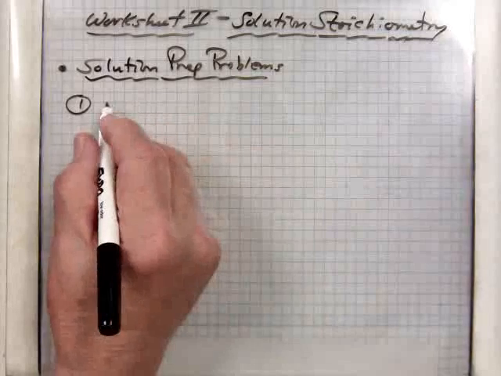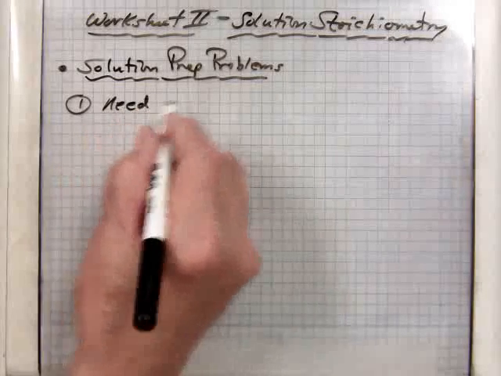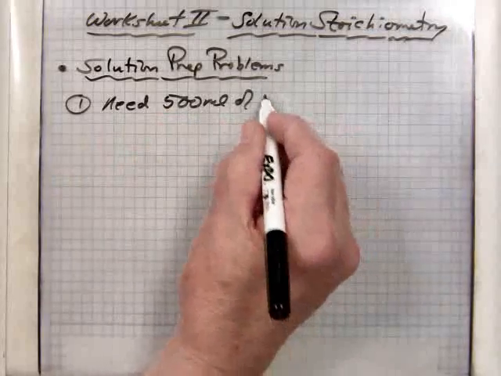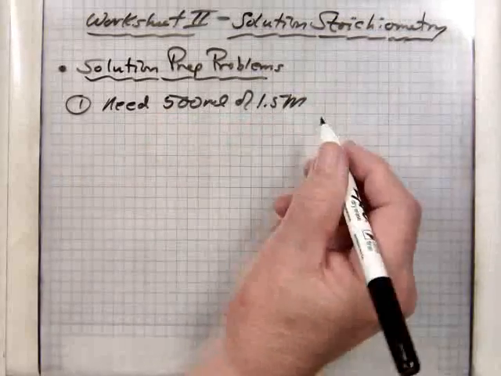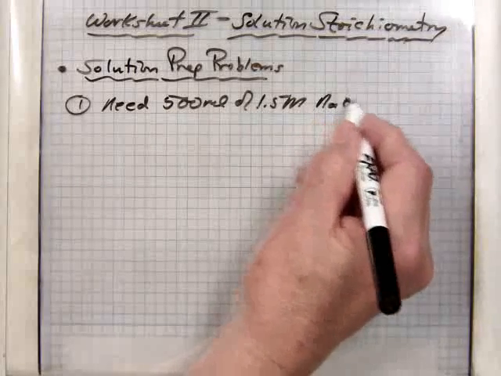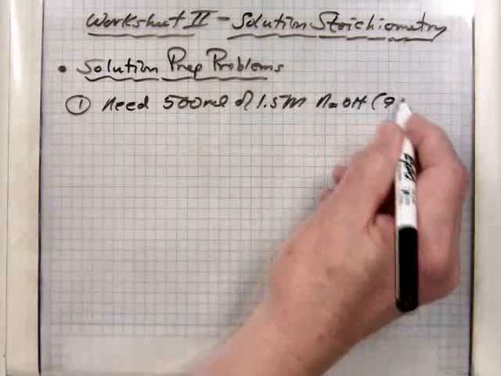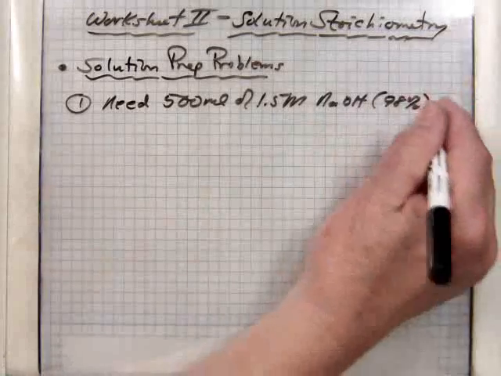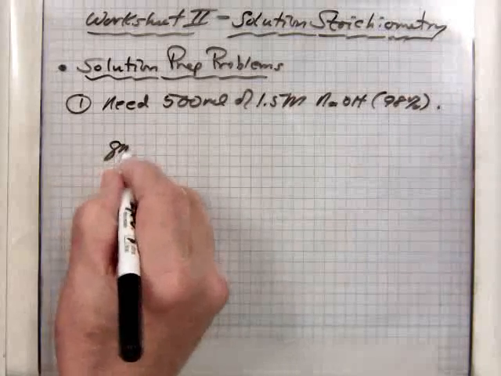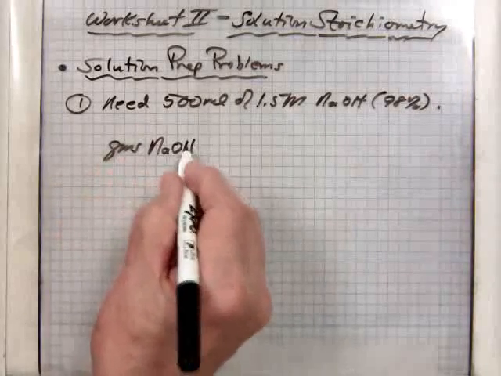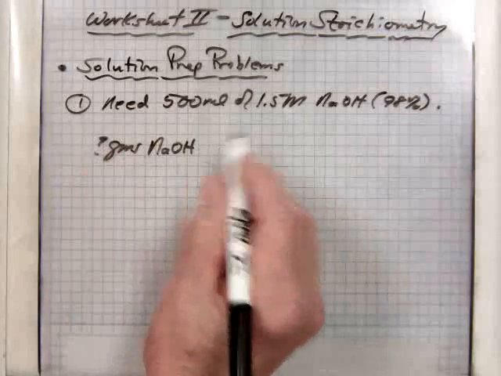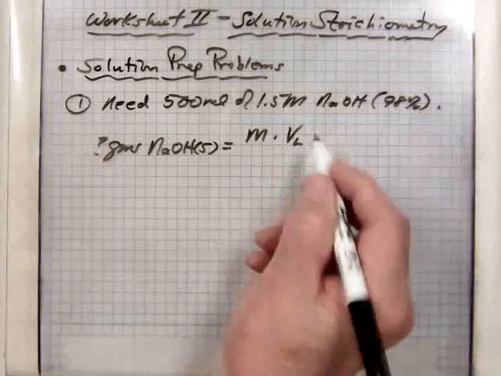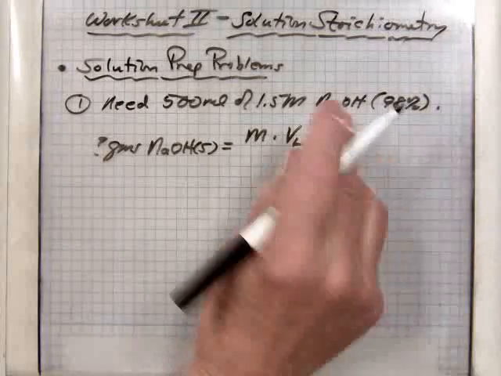So we need 0.5 liters of a 1.5 molar sodium hydroxide, and that's 98% from wherever you buy the sample from. Well, it's just a matter of grams of the sodium hydroxide needed of the solid, and that's molarity times volume needed in liters times formula weight